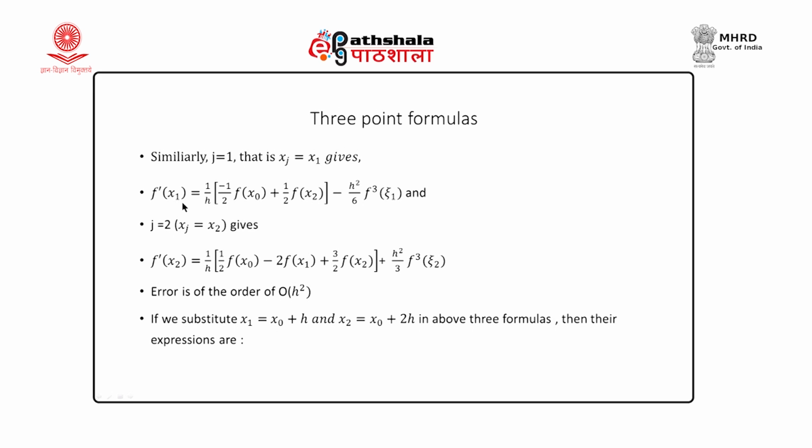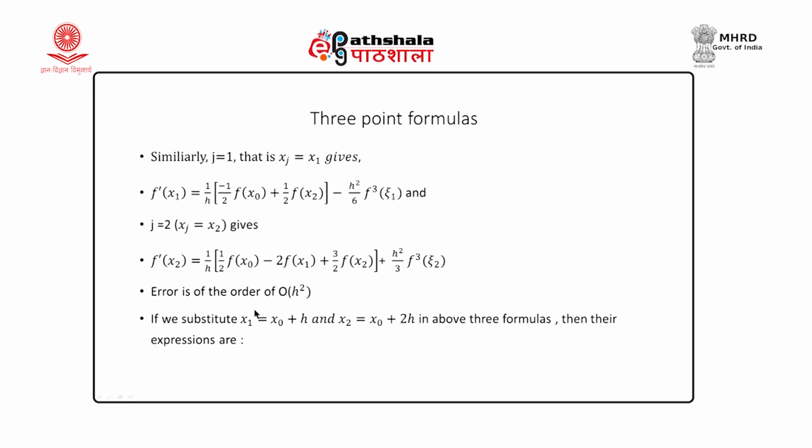So, if we put j equal to 1, then our formula becomes f dash x1, the middle term goes away, 1 upon h times minus half f x0 plus half f x2 minus h square by 6 third derivative at the point xi1. And if we put j equal to 2, that is xj is equal to x2, then we get f dash at the point x2 is 1 by h times half f x0 minus 2 f x1 plus 3 by 2 f x2 plus h square by 3 third derivative at the point xi2. So, here in these 3 point formulas, in the second degree fitting, the error is of the order of h square,